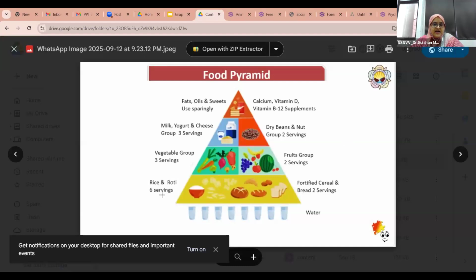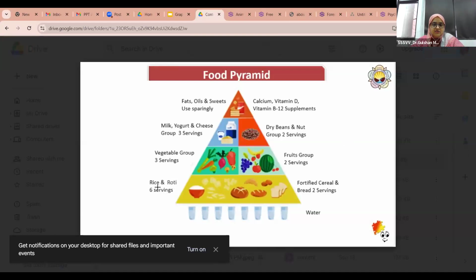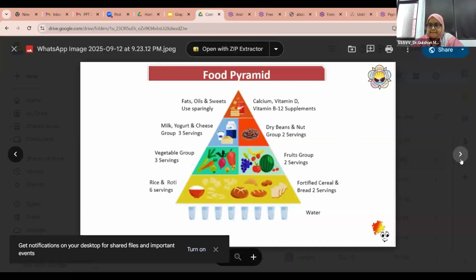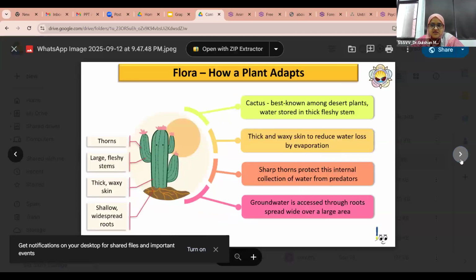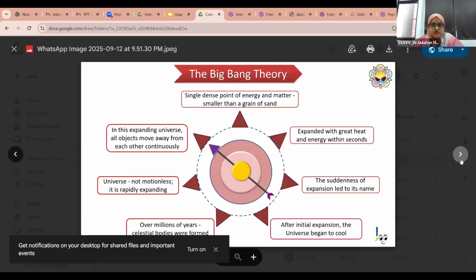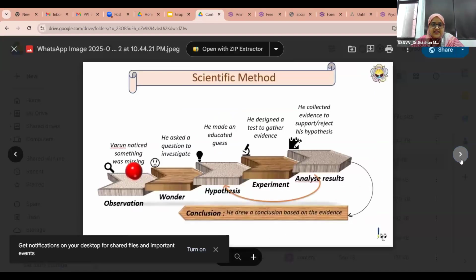For the rice and rotis, how much one should take, how many servings one should take, has also been mentioned here in this infographic. Then there is another infographic of religions, and this I have already shown to you, the Big Bang Theory, the scientific method. You can just have a look at how it has been developed.